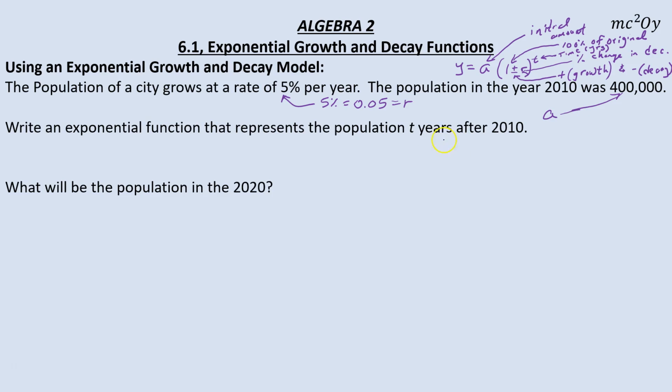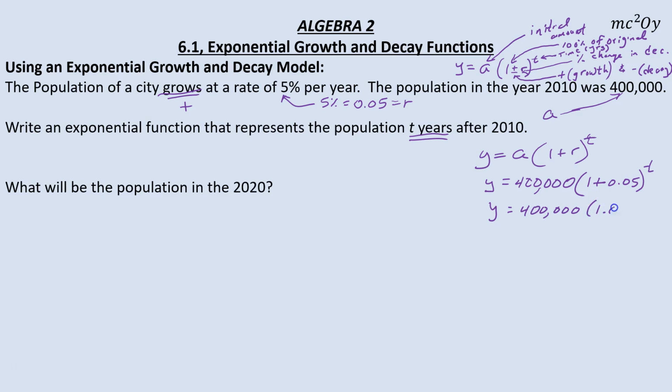So if I'm going ahead and writing this, they already tell me it's t years, so I'm going to leave that in. So I'm going to have y equals a times 1 plus r, because I am increasing, I am growing, to the power of t. So that's y equals 400,000 times 1 plus my rate of 0.05 to the power of t. Now you'll notice when I simplify the parentheses here,